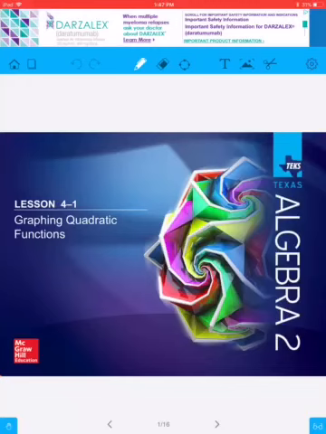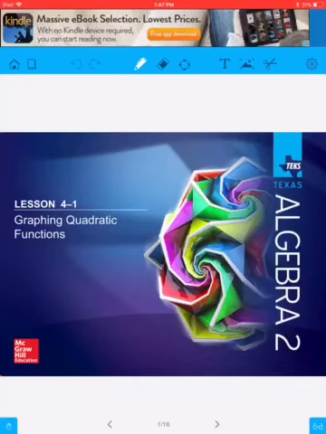Okay, so these notes are over graphing quadratic equations, and we're going to start off by graphing quadratics using a